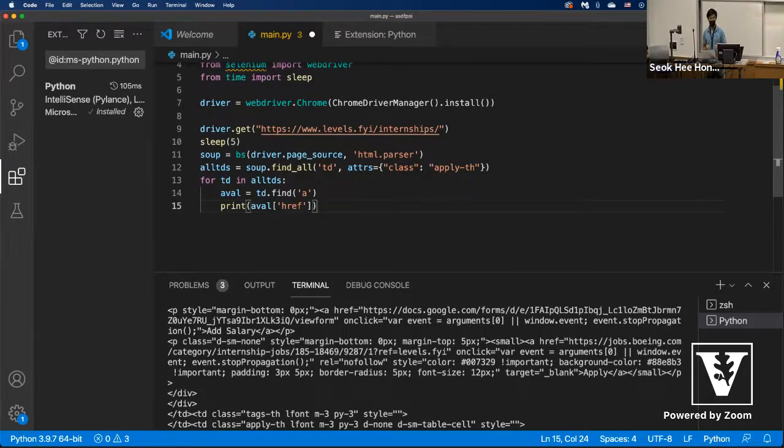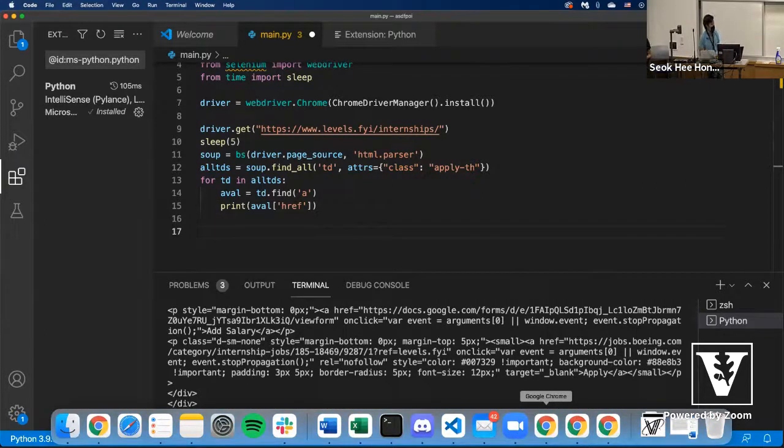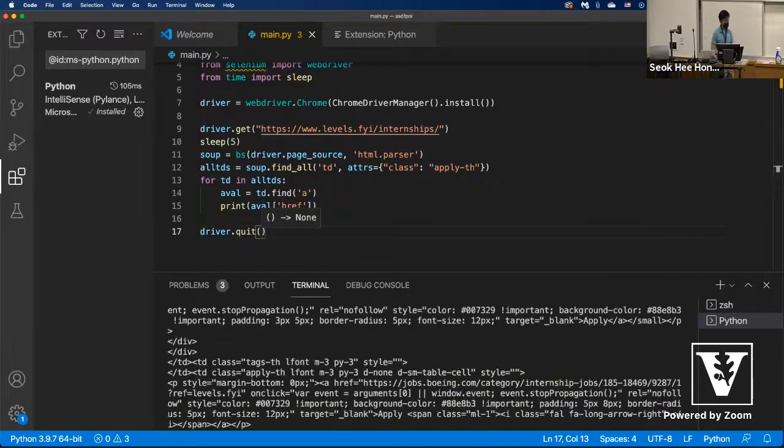So hopefully we're actually going to get each individual link. And also one last thing that I forgot to mention is that if I go down here, I got a lot of Google Chromes that are happening. So the way that I get rid of them is I do driver.quit and it quits. Simple. So now if I run this code,